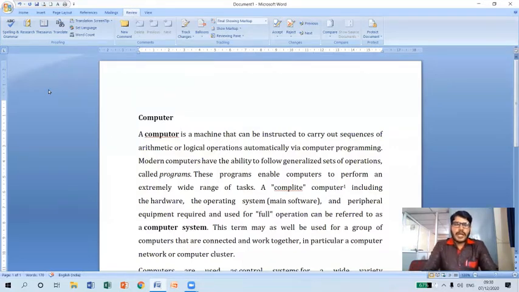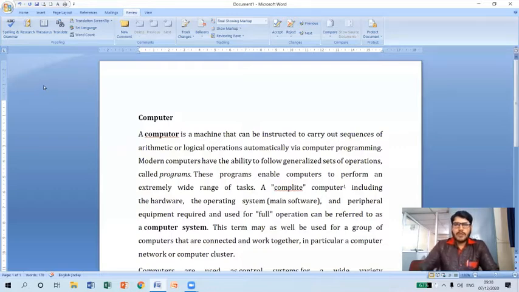Sometimes what happens, we are human beings, while typing, we may commit certain mistakes. It happens. Knowingly or unknowingly, we may commit certain mistakes. So while finalizing our document, before getting the hard copy of the same document, we can once again go through the spelling and grammar check so that there will be no spelling mistakes, and also our document is following the grammar.